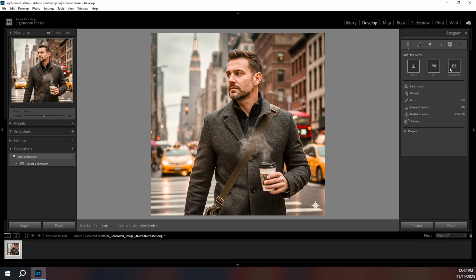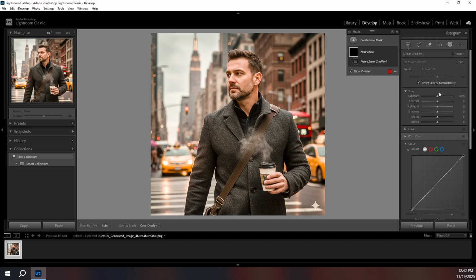Choose Linear Gradient. This tool creates a smooth transition from fully adjusted to untouched, which is perfect for simulating light falloff. Now, drag on your photo in the direction you want the light to travel. Click and pull from the edge toward the center of your subject. You'll see three parallel lines. The middle line is the strongest part of the adjustment, and the outer lines mark the start and end of